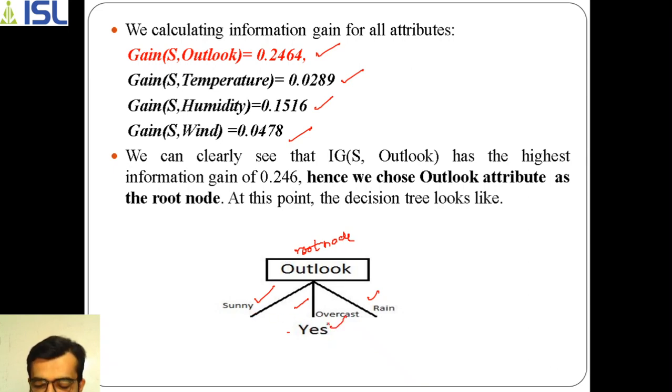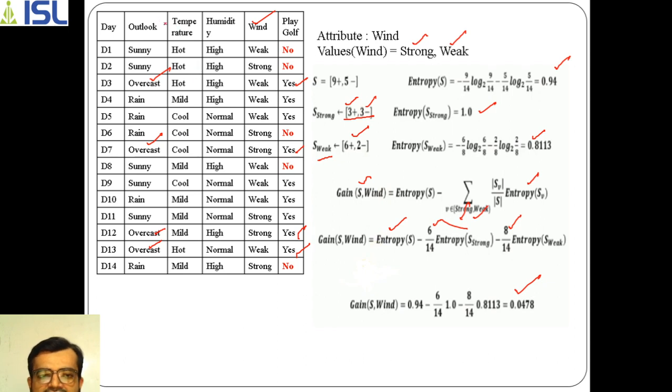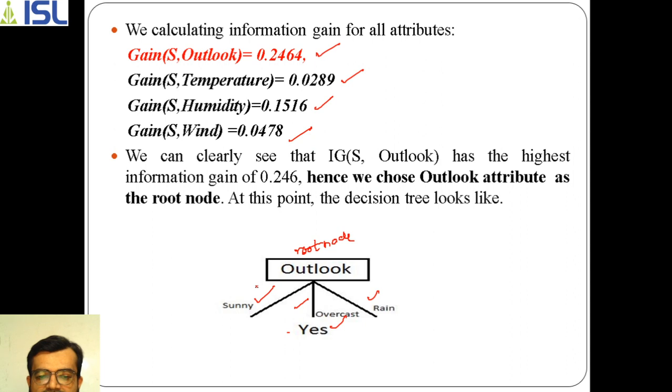But if you go for sunny and rain, in sunny some values are no and some are yes. Similarly for rain, yes is there and no is there. So a decision should be taken on what we need to follow, whether yes or no. For that we cannot take any values here, we are expecting the values. So for that purpose, first we need to perform with respect to sunny, then after that we need to perform with respect to rain.